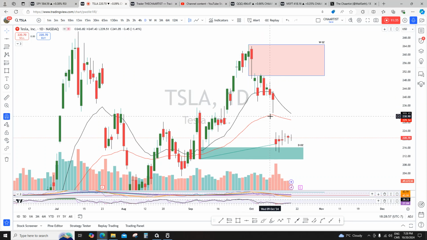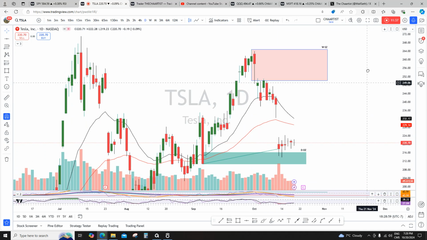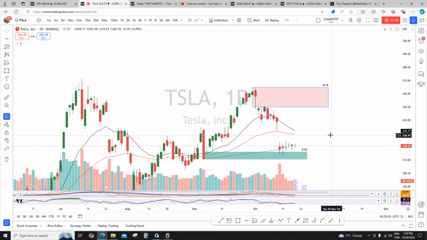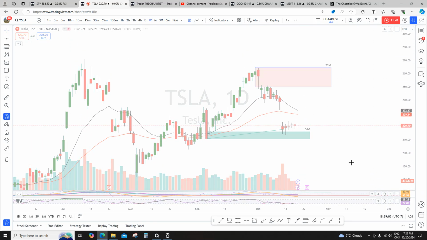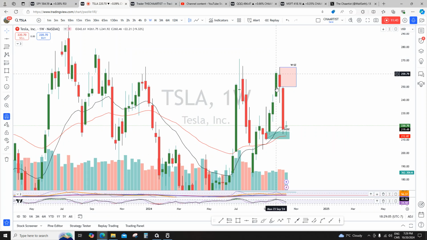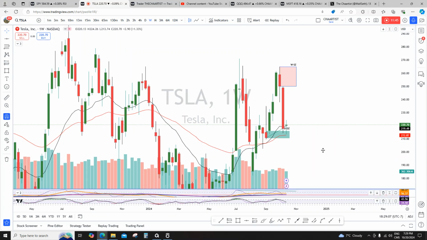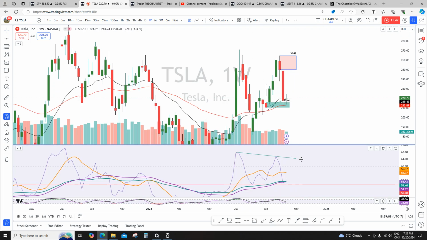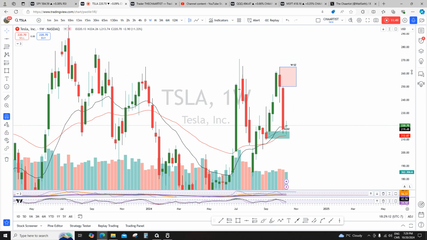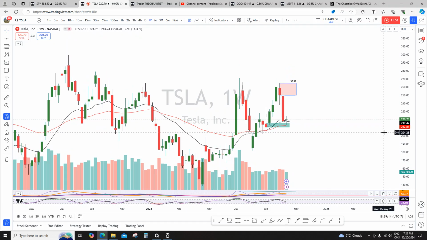I was not trading even this news, but I'm telling you what has happened. There are two things that have happened. Okay, one was the bear divergence, which should have happened. Again, I was noticing this very clearly. And then sector. Tesla belongs to the consumer discretionary sector. If you go and check the consumer discretionary sector, it has hit a monthly supply. That is why it came down. Two reasons which I'm showing you right now.